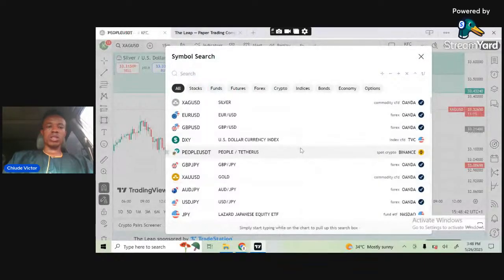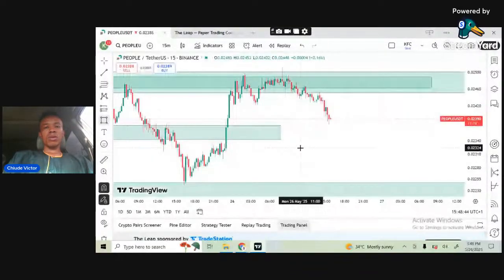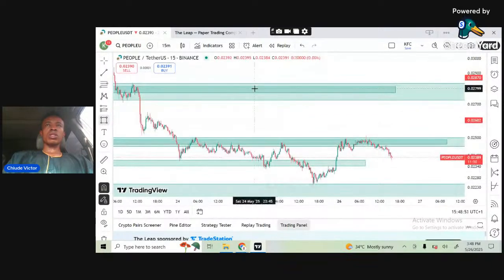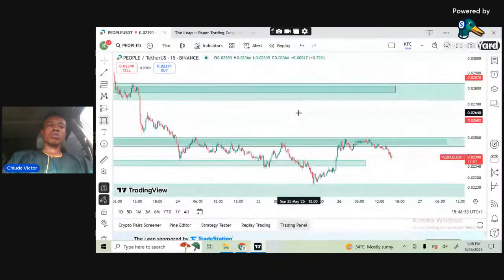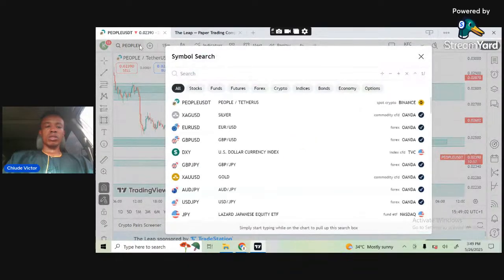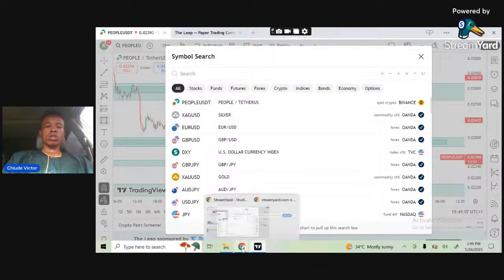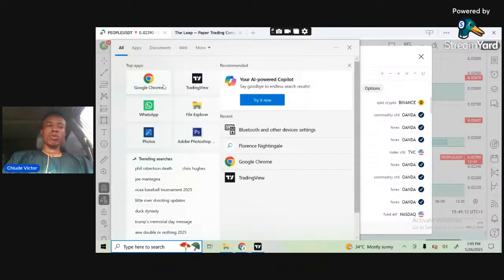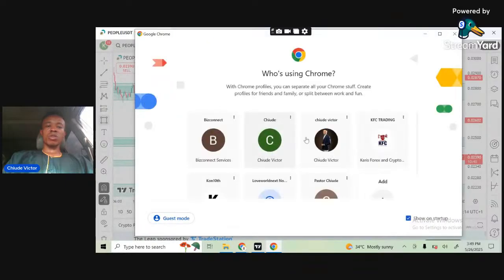So the people USDT, which is for the crypto side of what we're doing, I told you that we will only buy because there is currently bullish movement going on with the crypto. Okay, so we only find bullish moves only when it's buying. That's when we're going to be getting an entry. So it's mitigated already this liquidity zone. So I'm going to just keep my eyes on the people USDT until I get a confirmation on the bullish movement. Okay, so that will be basically all for Forex, crypto, CFDs, commodities.